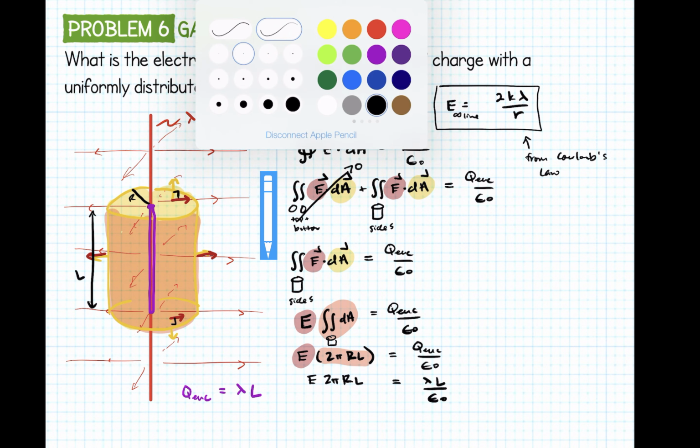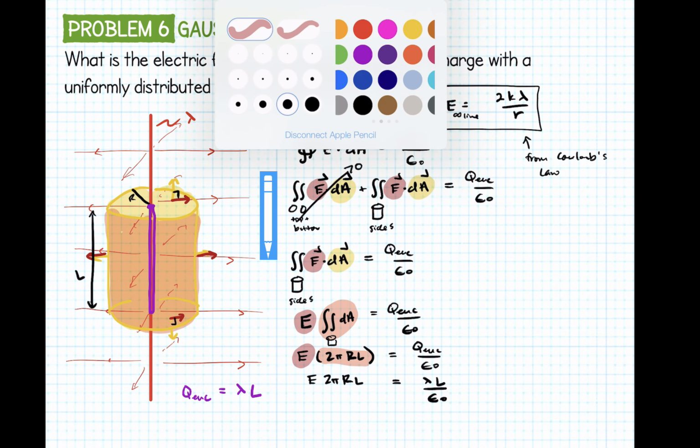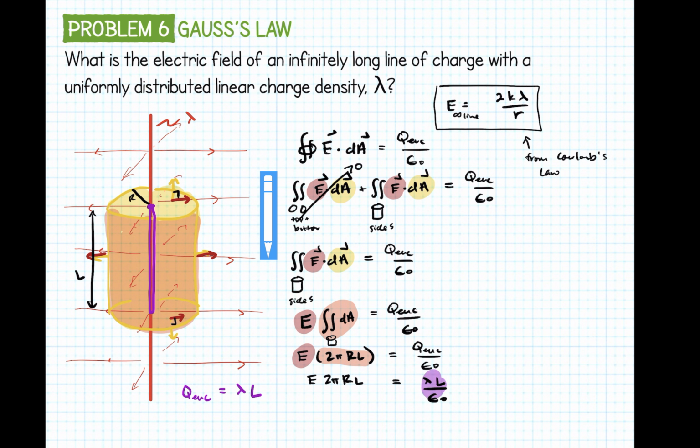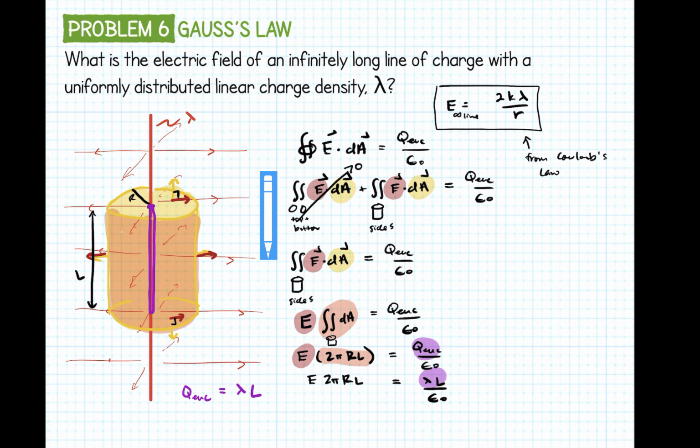You can cancel some things. Oh, and also just as a side note, this becomes this. And we can cancel some things, so L and L should cancel. This is the same L. And this gives us E is equal to